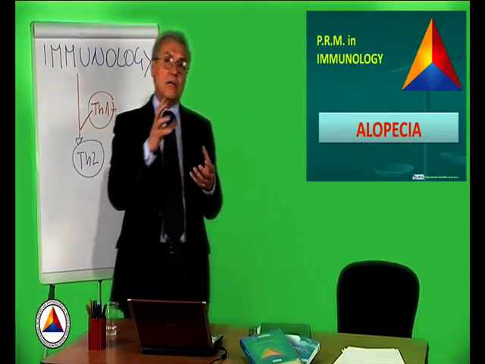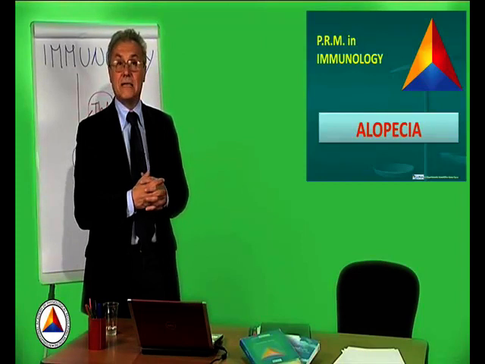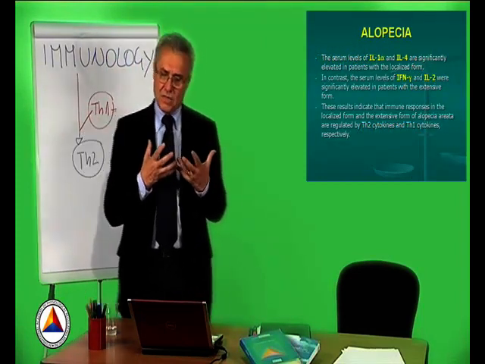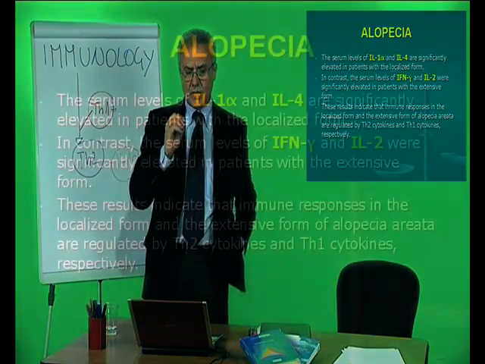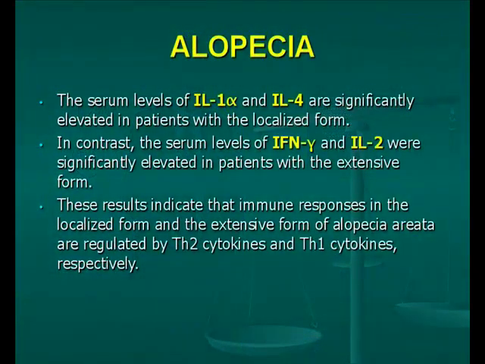The interesting thing that we have to understand is that in localized alopecia, we have certain interleukins which are elevated. In this case, interleukin 1 and interleukin 4. And this could confuse us because the first is a Th1 interleukin and the second is a Th2 interleukin. In generalized alopecia, however, we have 2 clearly elevated interleukins of the Th1 type, which are interferon gamma and interleukin 2. This is a little strange. But these are the experimental data, and therefore, in alopecia as well as other diseases, we have to understand the true nature of the disease.